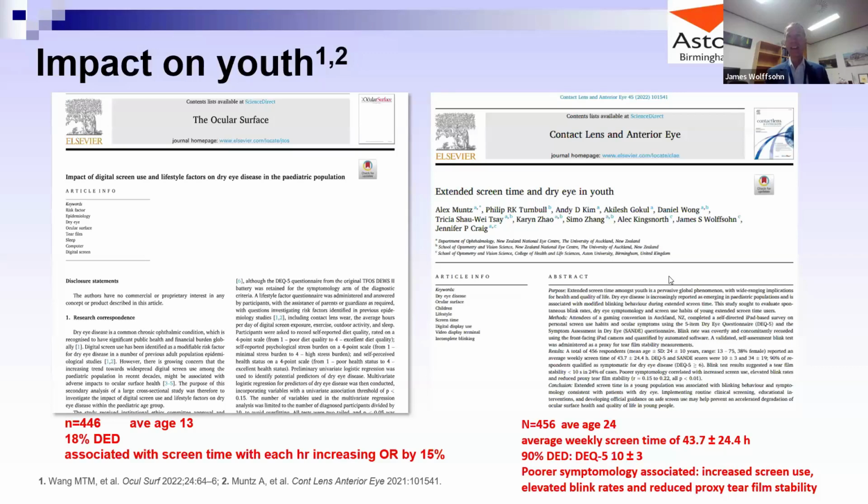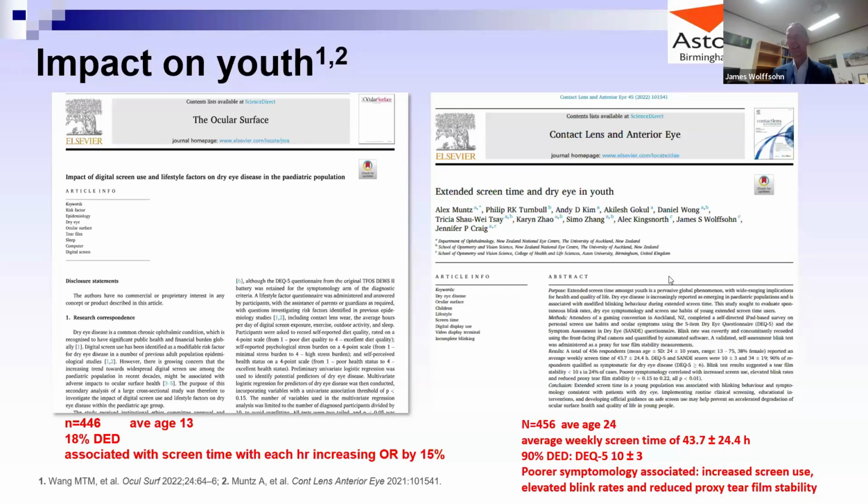Then in a second study, this time a study of gamers, so people who spend a lot of time playing games on digital devices. This was at one of their shows, so quite intense gamers, 456. Now the age range is a bit broader here, but the average age was 24, and there were plenty of children in the sample. Average weekly screen time was 43 hours, which just seems an amazing amount of time to spend on screens each week.